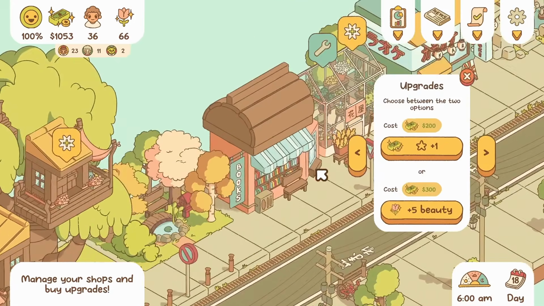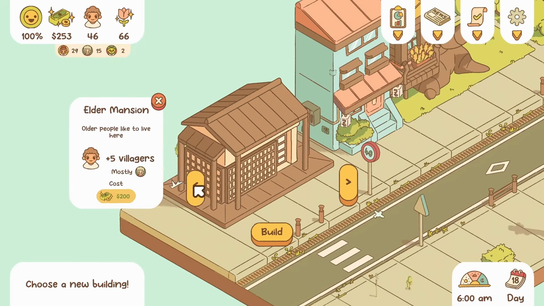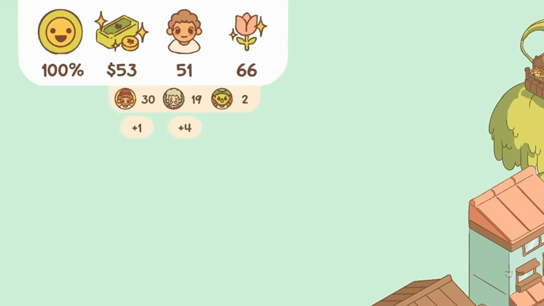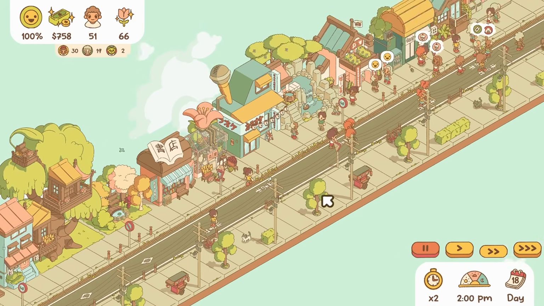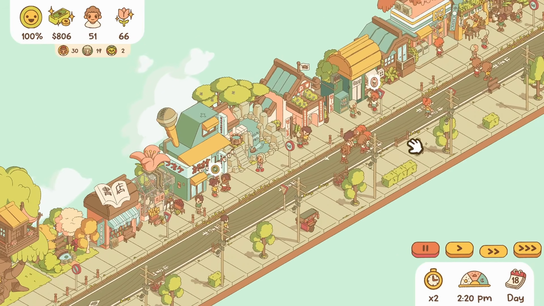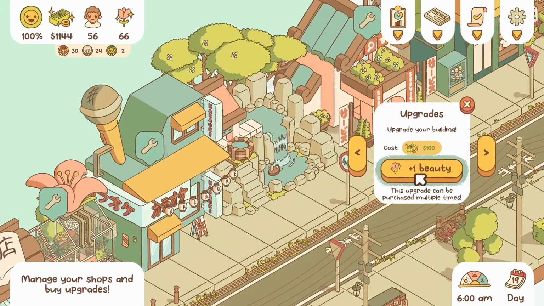I used that money to upgrade the bookstore to bring in more customers, the florist and karaoke bar to bring in more villagers, and bought another elder mansion, which brought our population to 51 villagers, earning yet another achievement. The boom in population was very apparent the next day, as our city was now insanely lively and there were a ton more cats. I upgraded the Elder Mansion and bought a ton more flowers for the